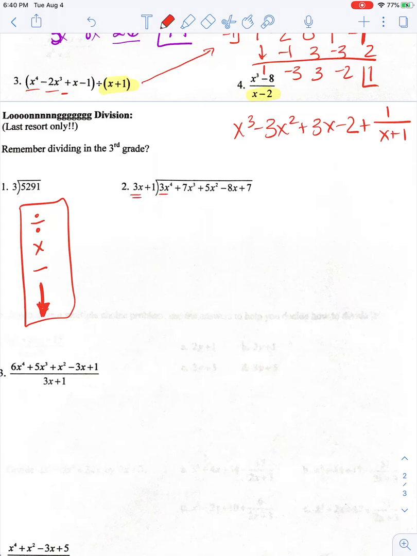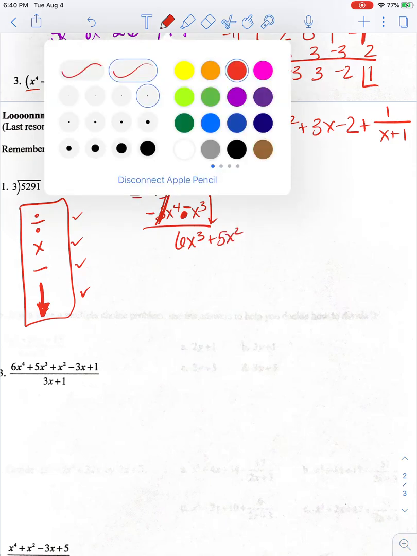There we go. So when I divide 3x into 3x to the 4th, what does that need to be multiplied by to get to a 3x to the 4th? That's an x cubed. And then I multiply, so I've done my division. Now I'm going to multiply, and when I multiply him by both of these, that's going to be 3x to the 4th plus x cubed. So I've multiplied. Now I'm going to subtract, change both my signs. These should cancel always. 7x cubed minus 1x cubed is 6x cubed. And now I drop. And then I do the cycle